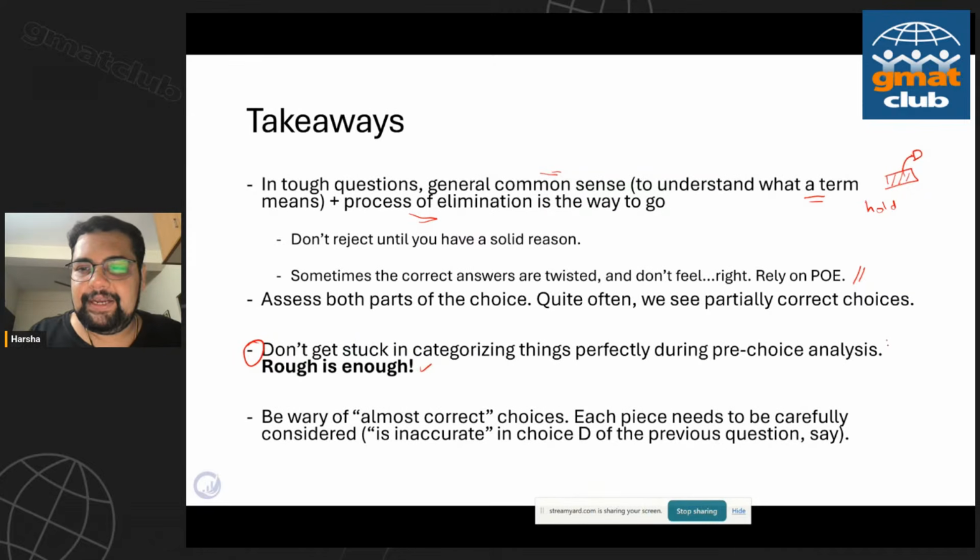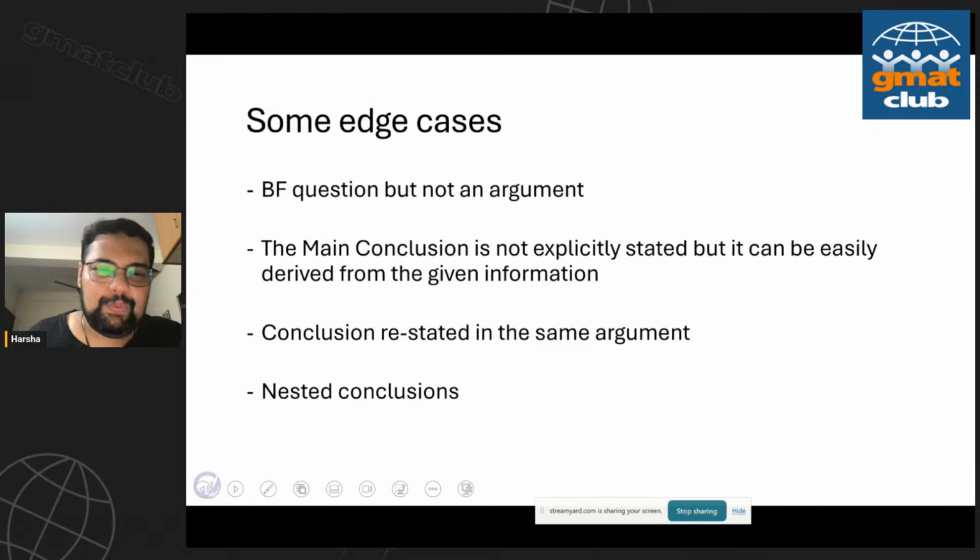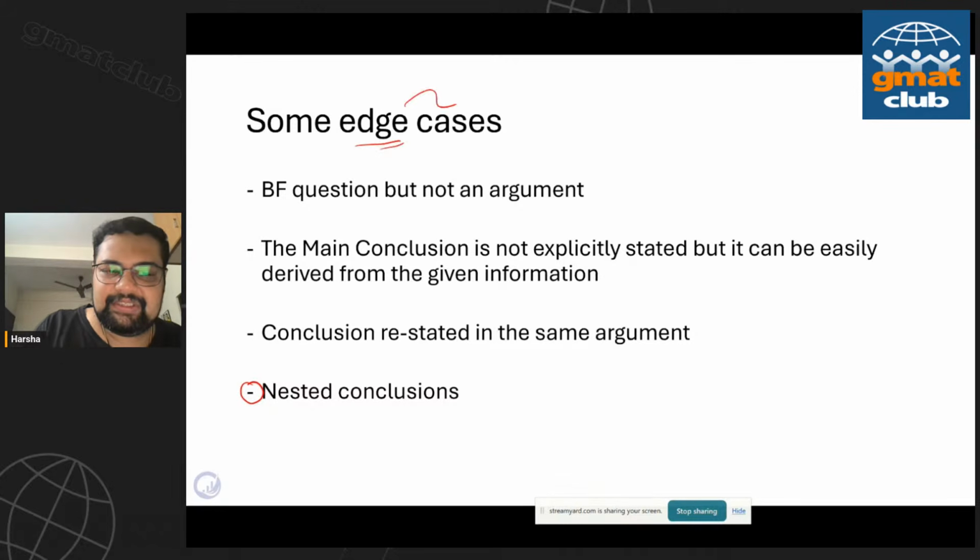I think I have convinced you to a certain level that it's a useful practice. And be wary of this choice D and these kinds of things. Almost correct. It's just that inaccurate with an issue. So we saw only one, through an actual question, of the edge cases or fringe cases that are here. We saw a nested conclusion case. But especially with focus, there are some of these other things that I've seen. And because it's focus edition questions, I didn't want to put it on a slide, put it in the session, because you guys will try it eventually.